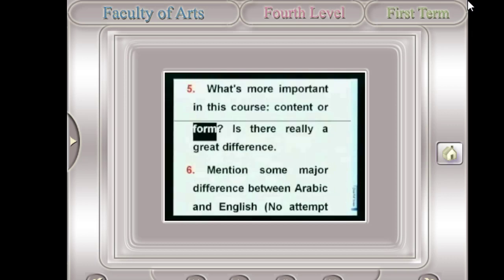Is there really a great difference? If we think about language